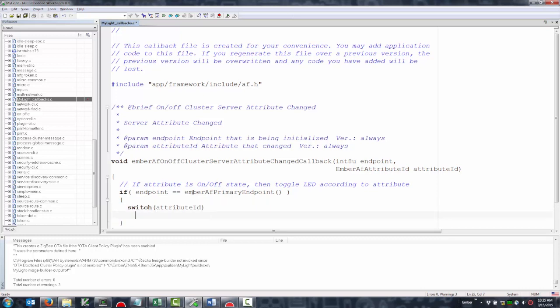So now we need a case statement based on the attribute ID for the on-off attribute. But what do we want to use here for that attribute ID? Well, you could look in the ZigBee cluster library and find the enumerations of all the attribute IDs on a given cluster. But as it turns out, there's an easier way to determine what the ID for that attribute is,